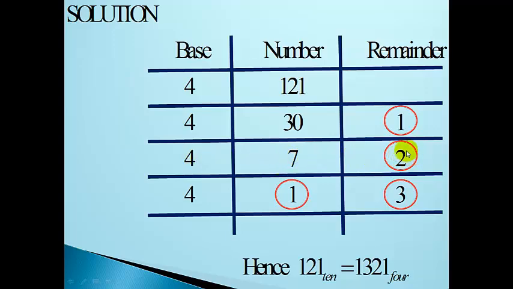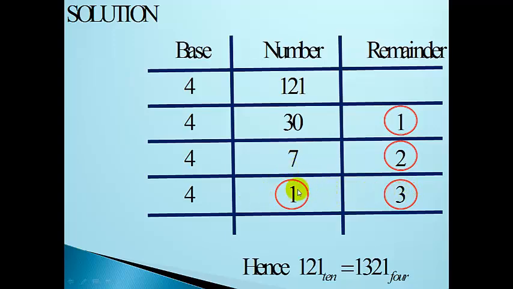How do you get remainder 2? When you multiply 7 by 4, the answer is 28, and the difference between 28 and 30 is 2. That is why the remainder is 2. Now 7 divided by 4 is equal to 1, and the remainder is 3. Why is the remainder 3? Because 1 times 4 equals 4, and the difference between 4 and 7 is 3,